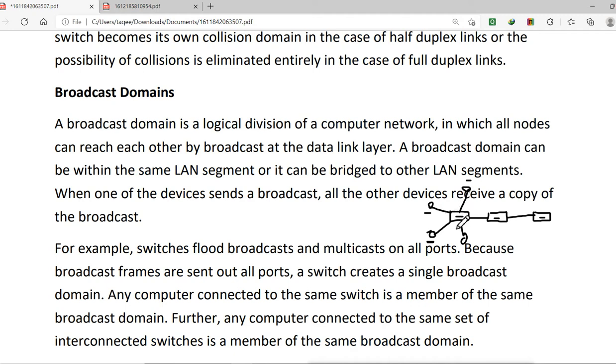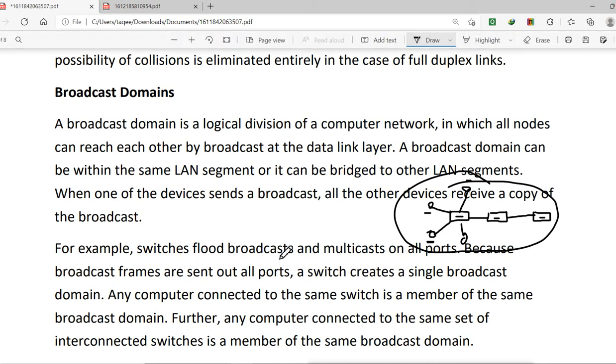So when we have a single switch, we can say it is a single broadcast domain, and if we have multiple switches not connected, then we have multiple broadcast domains. But when they are connected together, then the broadcast will be forwarded to other switches also, and we can say this is a single broadcast domain when they are connected. So remember, by default the switches are also a single broadcast domain and work like a hub, but only for the broadcast packets.